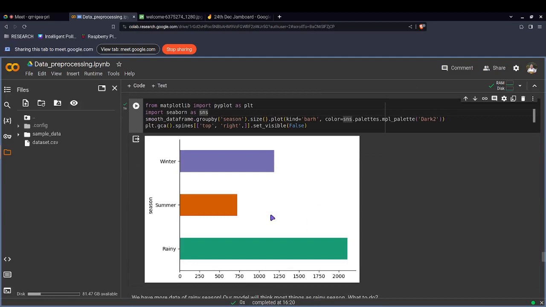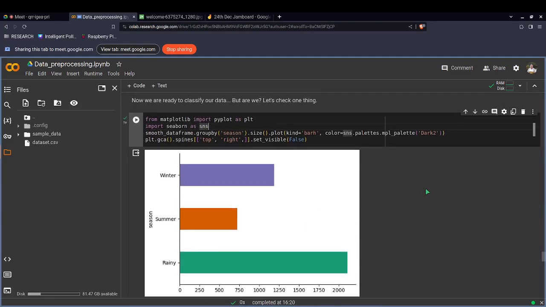What can you get from this graph? What can you see from this graph? We are grouping it into 3 categories. No. What can you see from this graph? Any insights? Any data? Anything interesting? We have a lot of data for rainy season. We have very less data for summer season, and we have a little bit more data for winter season. So what we can do is we can